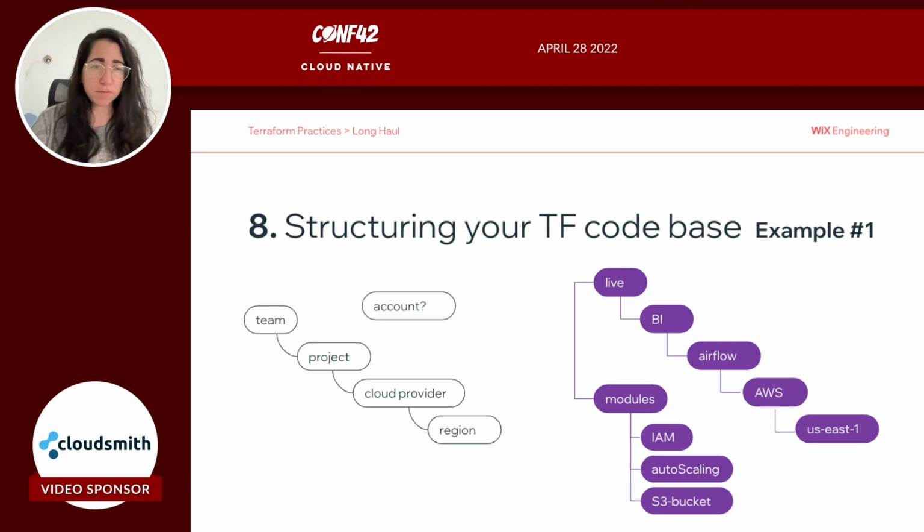And also, when you come to think about accounts, currently we manage the accounts on the region level, which is not great. So that's why we are structuring it, or thinking to structure it again, on top of a team. So it's an ongoing process, but think about it. Think that if you have multiple accounts that you need to manage and different projects, and the code doesn't repeat itself, like I will show in the next example, then maybe the account should also get into the consideration of the structuring of the code.